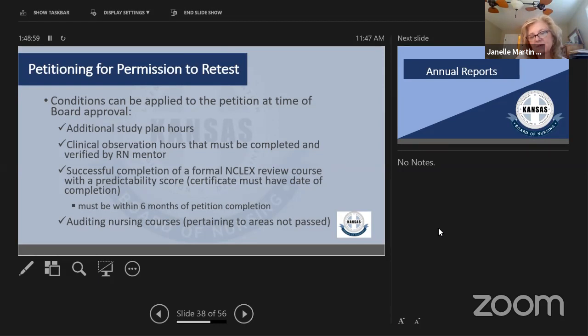But I really do make it their responsibility to make sure that they have addressed it. Sometimes I will come to you and ask if you've been contacted, because I have cases where I just get an email back that says nobody will let me take a class, and I'm not sure any calls were ever made. So those are, I guess, the things around petitioning that I think might be helpful for you to know. And if you do have questions down the road, or if something comes up, you can always call and ask me about it, or send a question, and I'm glad to respond to that.